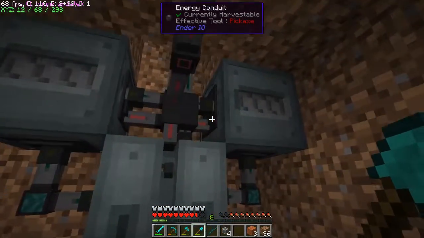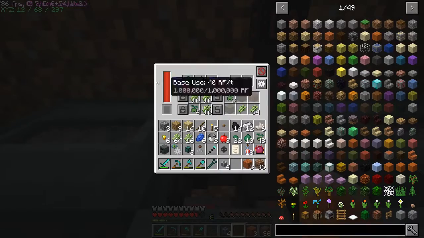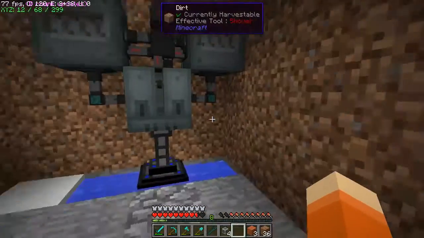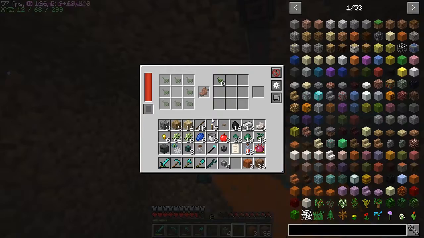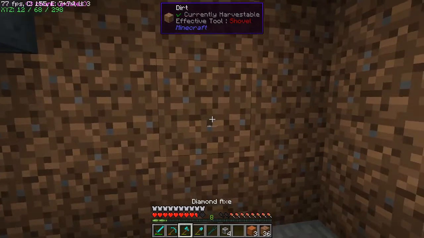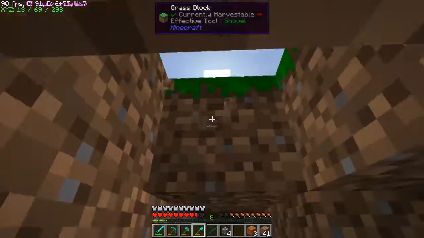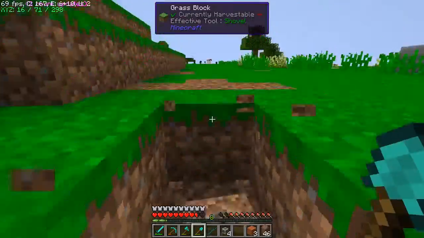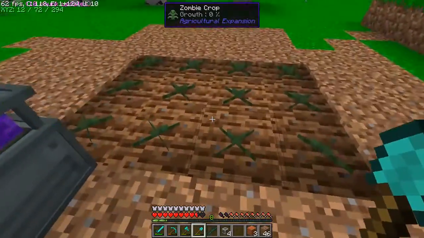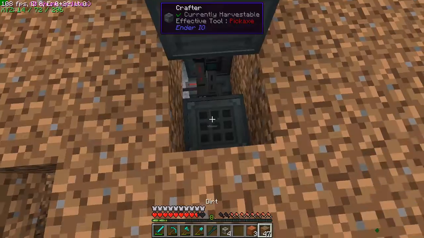Okay guys, so I've got everything hooked back up. I have our crafters, the vat, and the farming station all working away and crafting what they need to craft. The farmer, we're going to quickly look up and see if that's able to plant everything I've put in there, and then we can hook up the vat to the things. So here are the zombie crops. I'm going to put down, let's see,